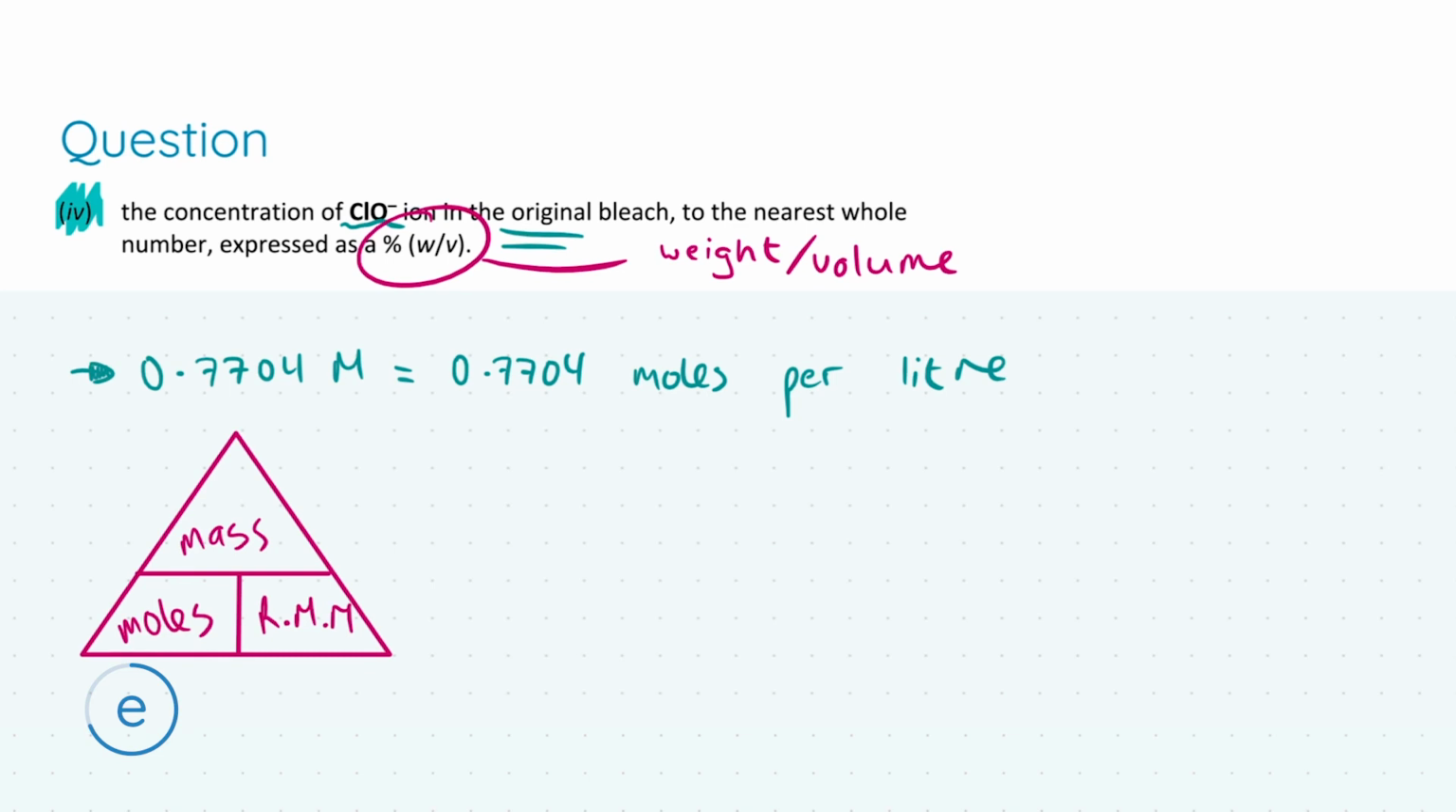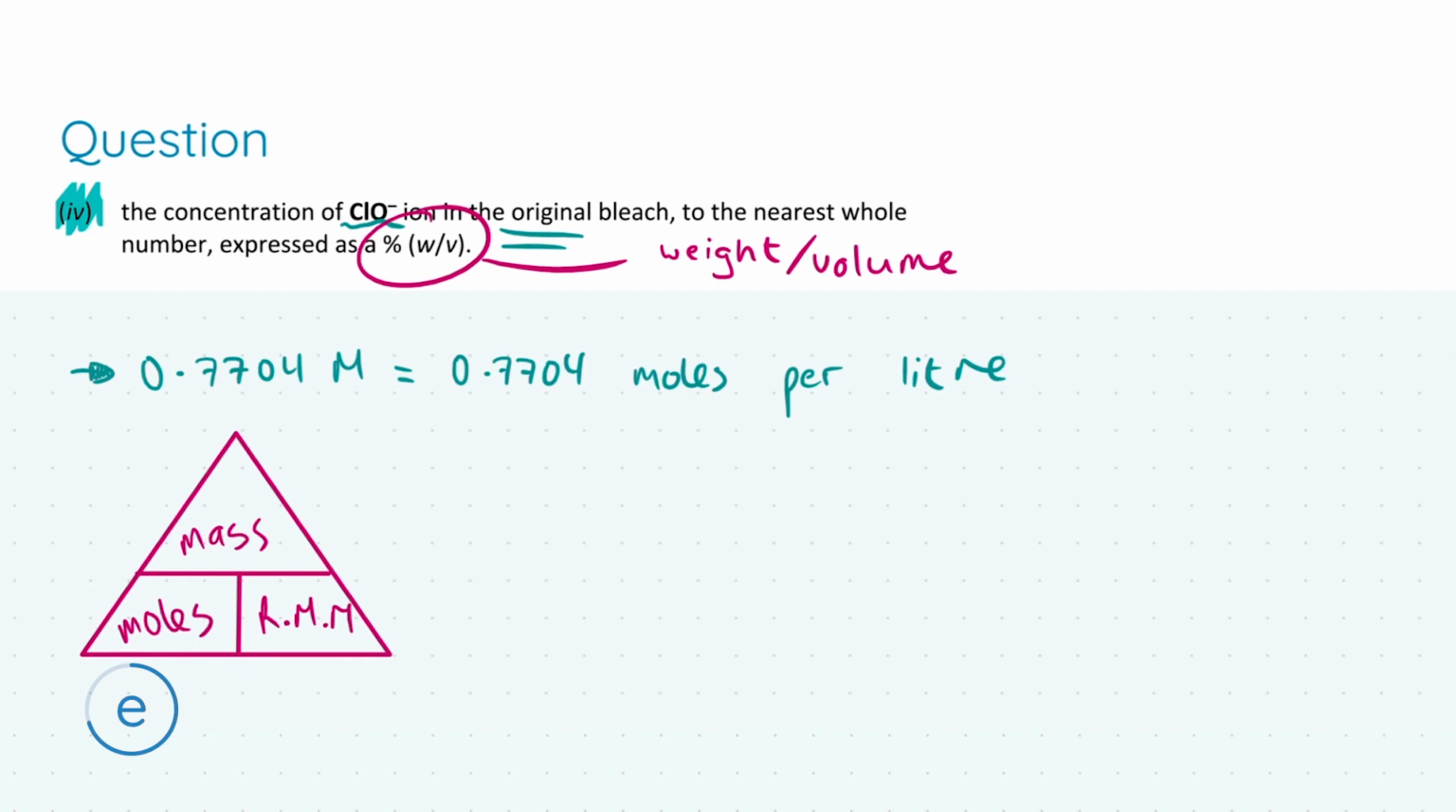RMM stands for relative molecular mass. It is just the mass of the atom that you'll find when you look on your periodic table. So when you're in your log tables in your exam, when you are flicking through them, you'll see the relative molecular mass of each of the atoms, and we're going to be using that